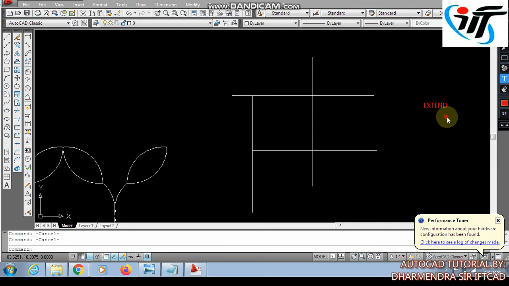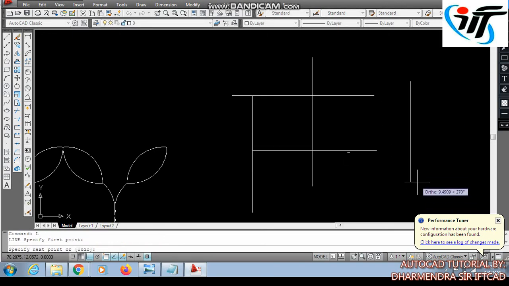Extend: EX, double enter. If there is any target object, extend is used for extending the line towards the target object. This is the target and this is the object which is going to be extended.